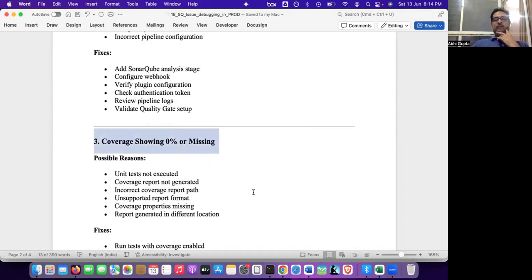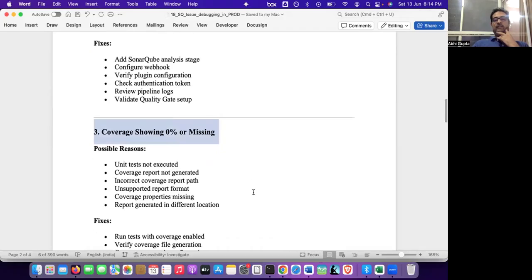Coverage is showing 0% or missing. Coverage is showing 0%, but the developer is saying coverage should be 80% or more. So why? Maybe the unit test cases were not executed for some reason, or they were executed but the report was generated and put in some other path. Whatever path we have mentioned in the Sonar project properties is different from the path it has generated,